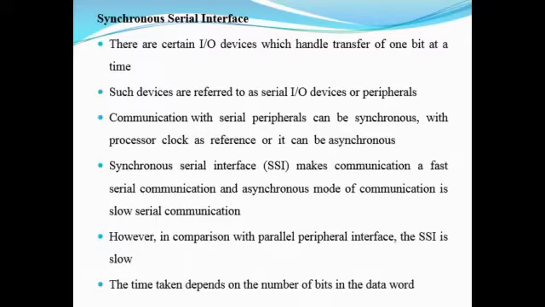Also, we consider the transfer time, that is how much data can be transferred within a particular time interval. The time taken normally depends on the number of bits in the data. If the number of bits is more, then the time taken for transferring the data will be quite high.